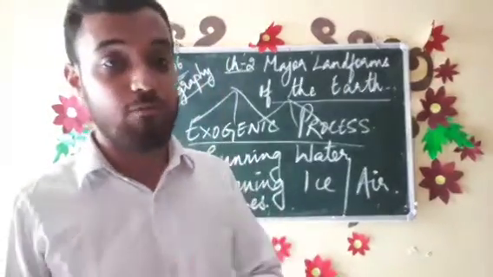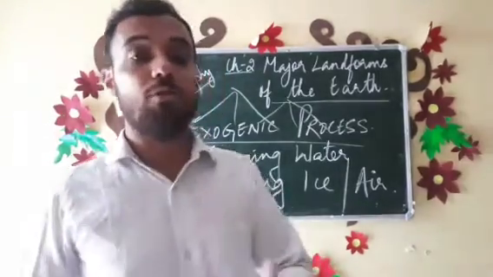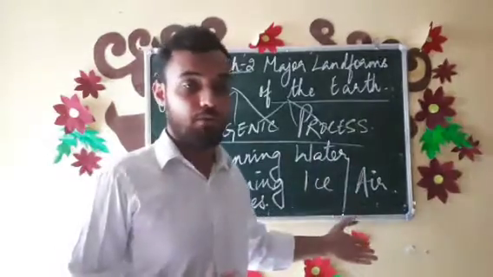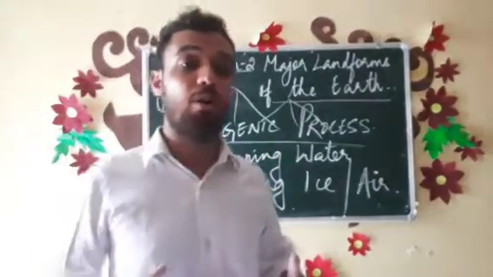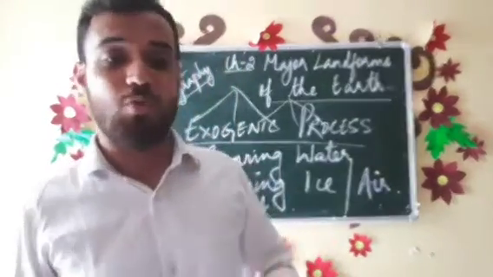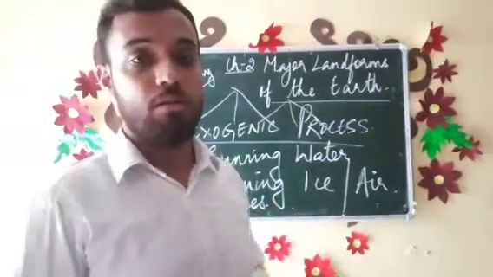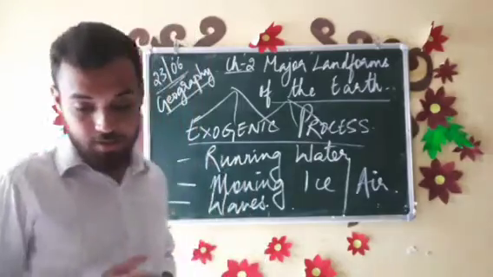A river is actually running water, and that running water carries a lot of sediment with it, and that sediment gets collected on the bank of the river. So that is called weathering. Weathering means when a big part of land, a large land, is broken into small pieces and is carried away from one place to the other. That is called weathering. Okay? Next,